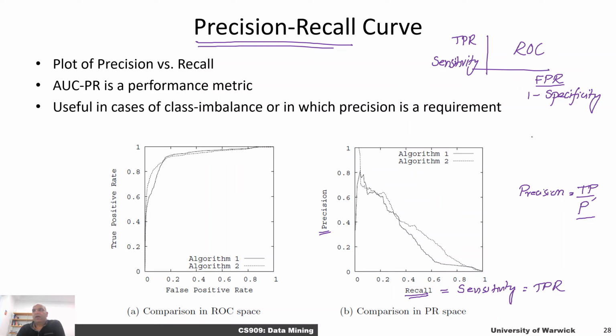So let's say you've got a classifier that predicts 1000 examples as positive, but out of these 1000, only 100 are actually true positives. Then your precision is going to be 10%. So it's a pretty low precision value. And precision is a very good metric to use when you are dealing with imbalanced data sets, especially in cases where the number of positive examples is much smaller than the number of negative examples in your test set. So precision gives you an idea of how precise your predictor is, or what its ability is to spot the right positive examples out of all the